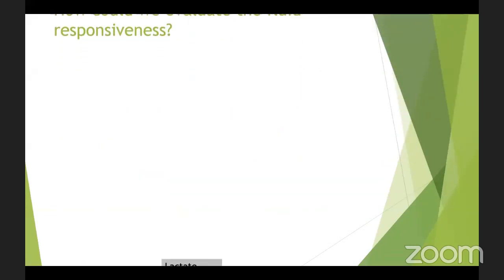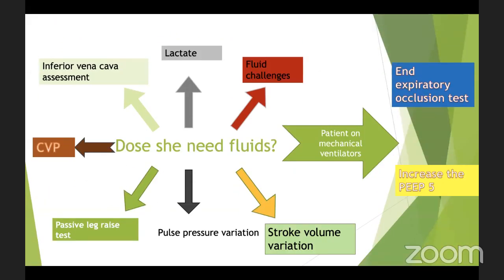So how can we evaluate the fluid responsiveness? There are a lot of methods to assess fluid responsiveness. We can check the inferior vena cava, which is just ultrasound. You put it in subcostal view, and you can see whether the inferior vena cava is collapsing or not collapsing. The other option, you can check the lactate level, how it is rising as evidence of hypoperfusion, and once you give a fluid, you check if the lactate is improving